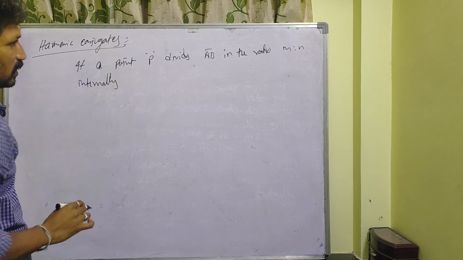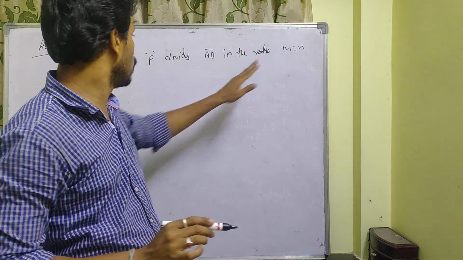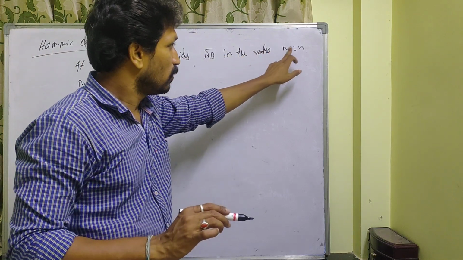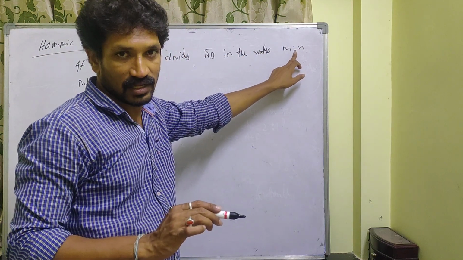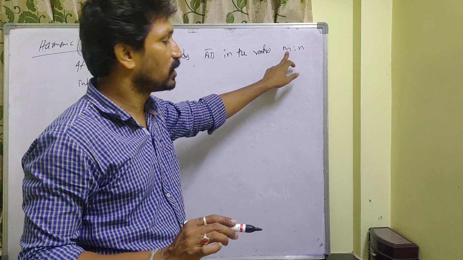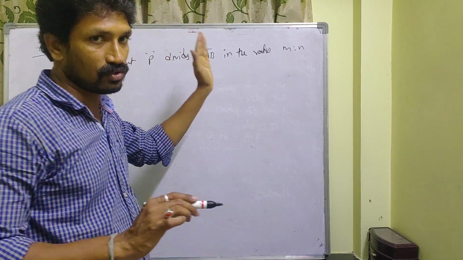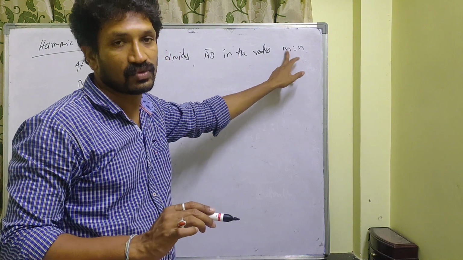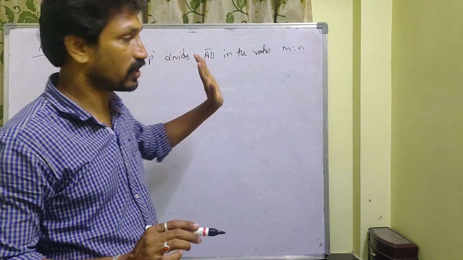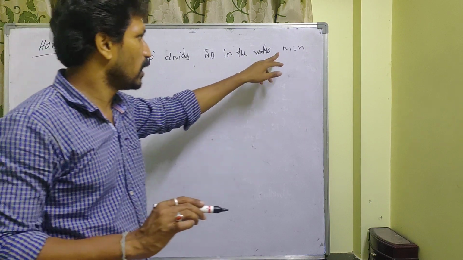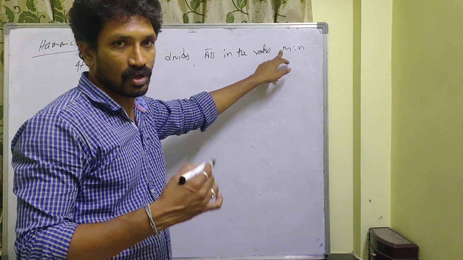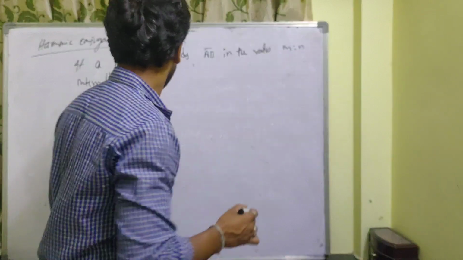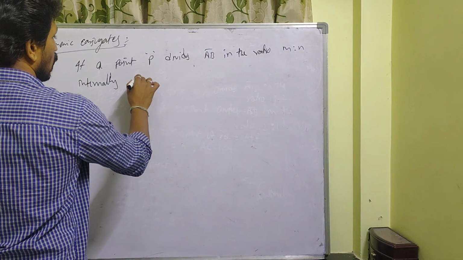If nothing is mentioned, internally or externally, consider it internally. If mentioned externally, use externally. Otherwise, for externally they may give a negative sign, like minus m:n. So without any sign, you obviously take internally. If you have the minus sign, that is externally. Internally, and the point